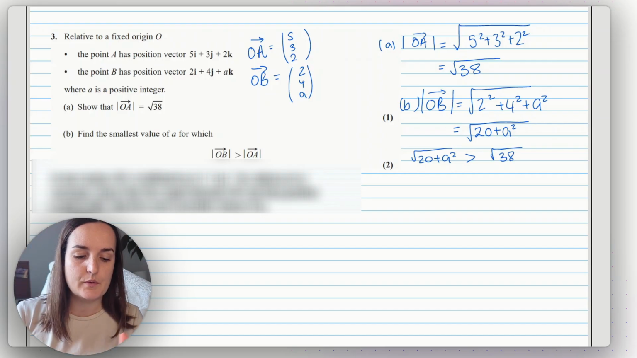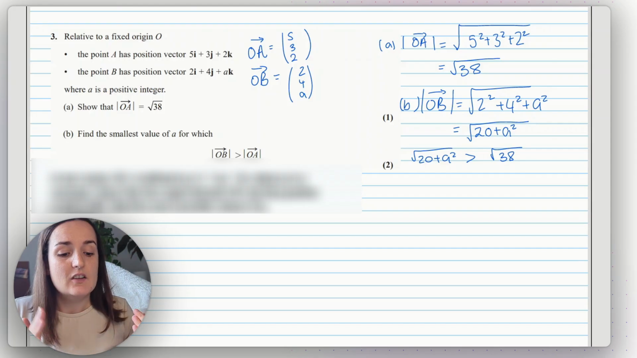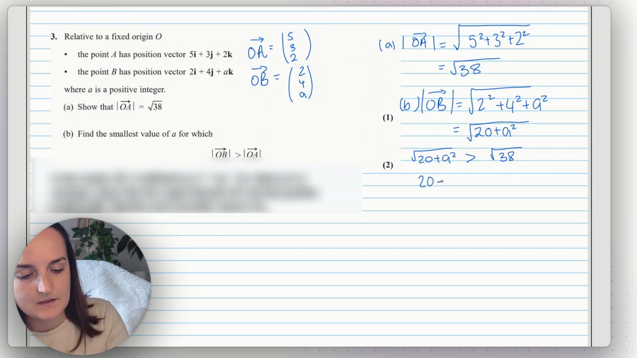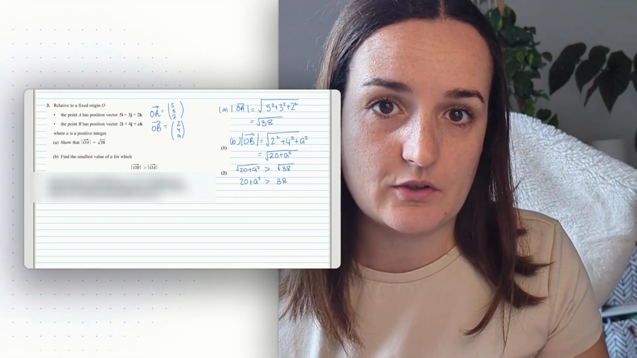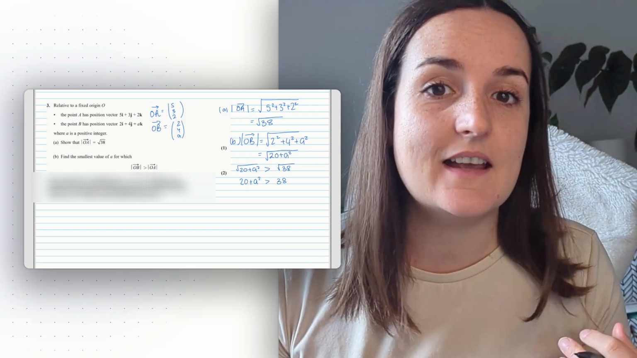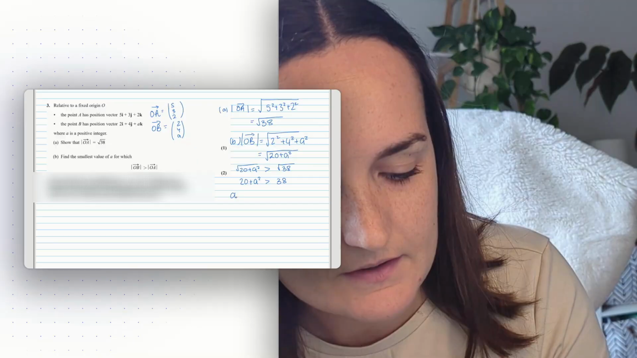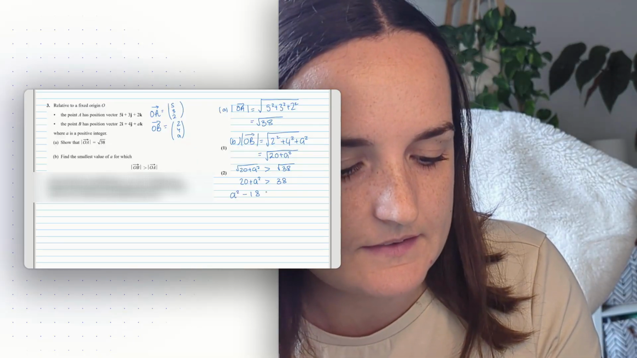Now, because we know both sides of this inequality are positive, we can square both sides. Just be really careful. You can't always square both sides. So we can actually say 20 plus a squared is greater than 38. This is essentially a quadratic inequality. Now, this question didn't say anything about not using calculator technology, so you can actually do this one on your calculator. So you can have a squared, and then we've got 20, take away 38, that's minus 18 is greater than